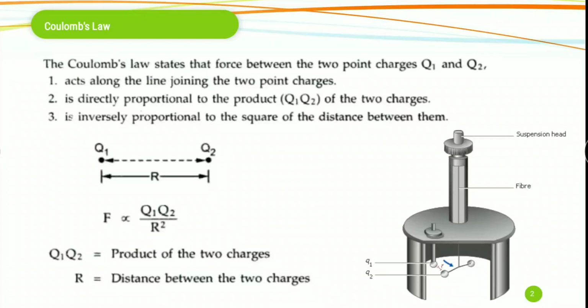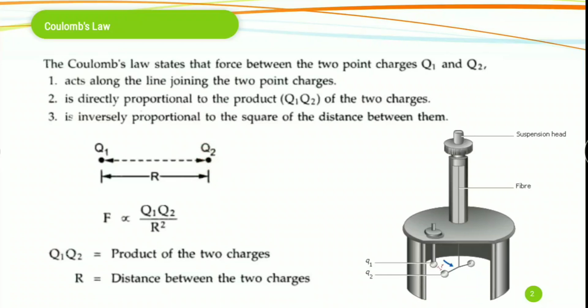So let us discuss how we develop the formula for Coulomb's law in general form, and also Coulomb's law in vector form. That will be discussed in this section. So these are two charges, and the line joining the two charges, that is the distance between the two charges, is indicated by the letter capital R. Now whatever the force between these two charges, it always lies along the line joining the two charges.